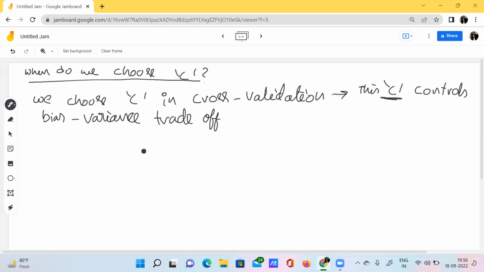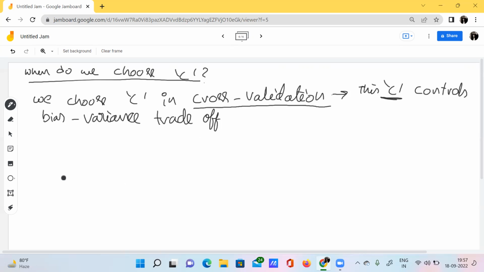I'll explain at the end of the video, because that will be another slightly diverting concept. If I start that concept now, I think I'll get diverted. So I'm not explaining right now, but at the end of the video I'll definitely explain. So here C will be used in the cross validation technique, and C usually controls the bias-variance trade-off.